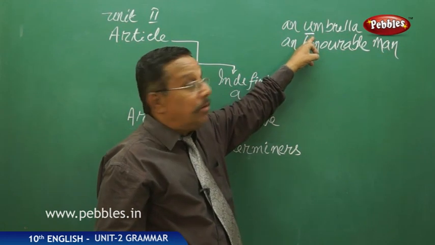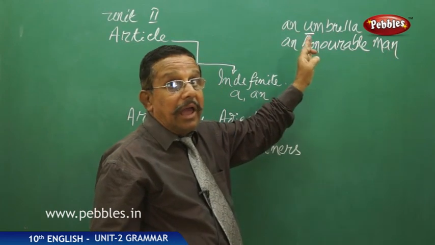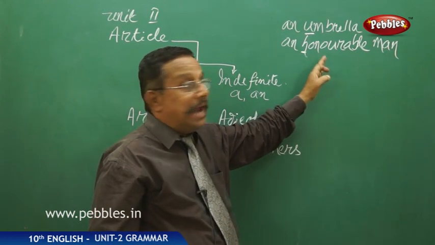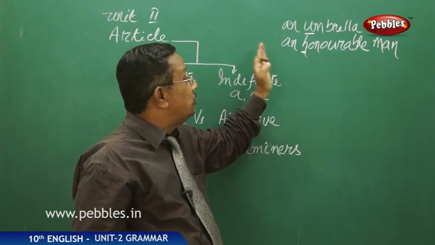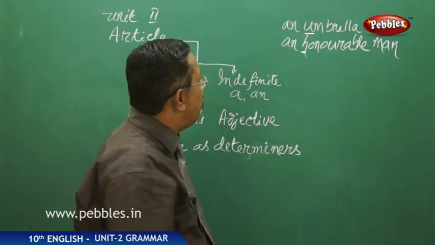Umbrella is a common noun, man is a common noun, but before that we are using an adjective, honorable, and so before that we are using an, so it becomes an honorable man. Right? And now you see here,